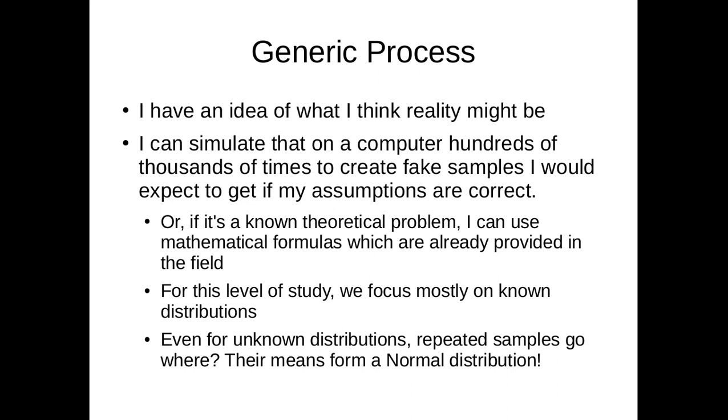So for example, if I think each household has a 30% chance of purchasing a live tree, I can simulate a survey. I can take a survey of 10 or 20 or 50, and whatever I choose to be my sample size, I can do this over and over and over again, and I can just simulate this. This is something that's known theoretically, but let's say we didn't know it theoretically. We could still simulate something even if we don't fully understand the mechanisms behind it, because if we start with assumptions that we can write down and simulate, then we go out and take an actual survey and see where that survey lies on our created distribution